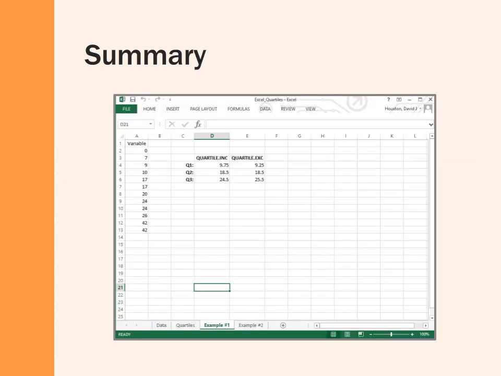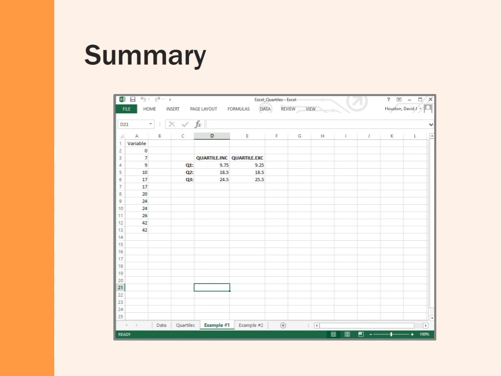And these are exactly the same values that are returned using the Quartile.INC or the Quartile.EXC functions in Excel. As you see, the case values that I have here in column A and the first, second, and third quartiles that are listed using each one of these two functions in Excel. Now, they will always agree in terms of what the median or the second quartile value is. They both indicate it's 18.5, but you'll notice that the Quartile.INC function returns a value for the first quartile that